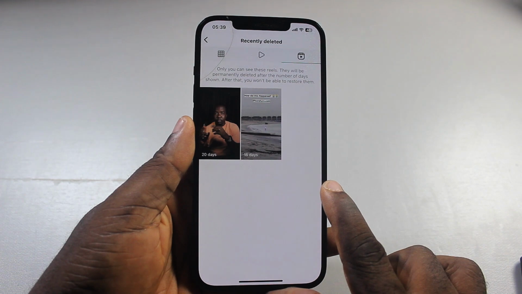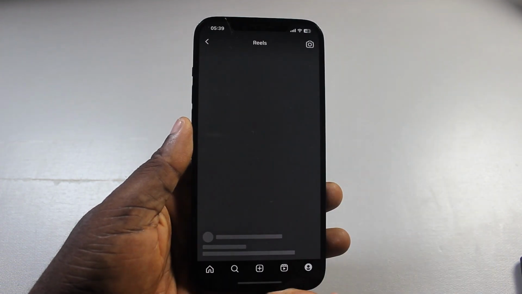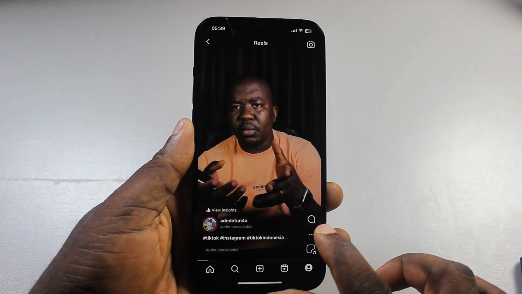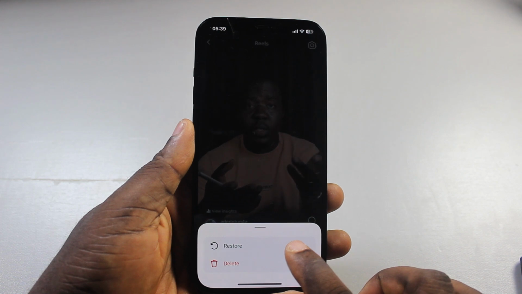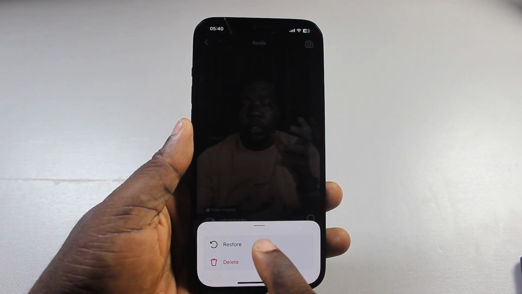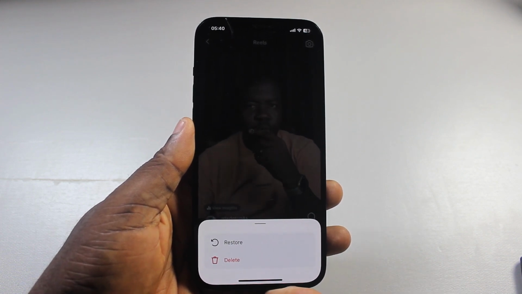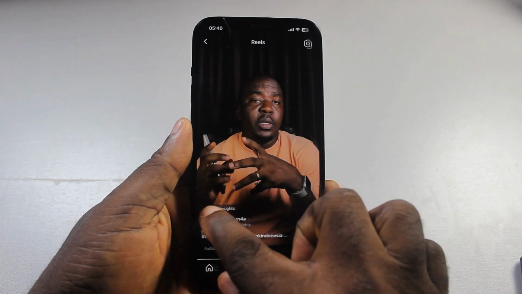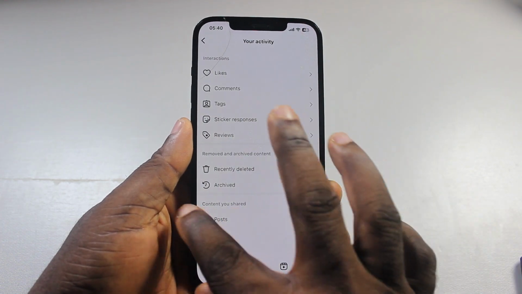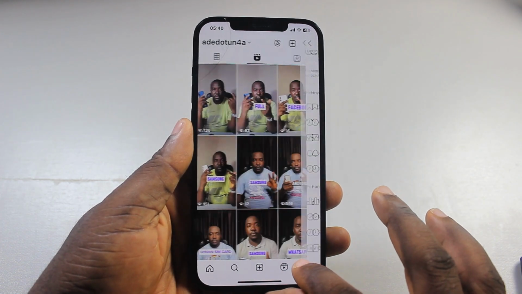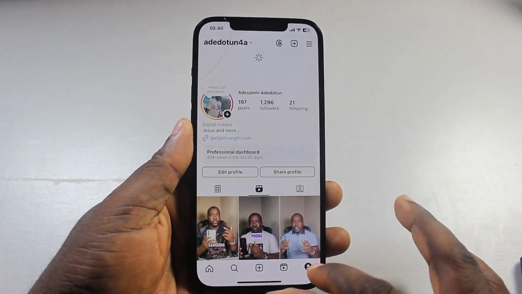Now go ahead and select the post you want to restore. Then click on the three dots on the post. Then you should see restore or delete. Now go ahead and click on the restore button to restore the post back to your Instagram profile page, and then you're good. So you want to repeat this on all your Instagram posts that you want to restore